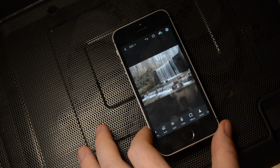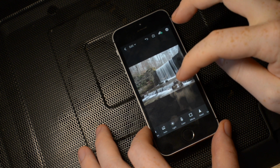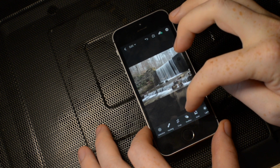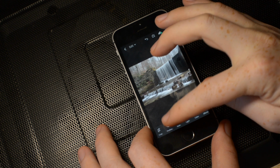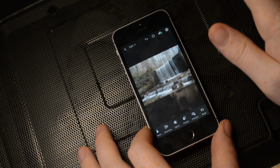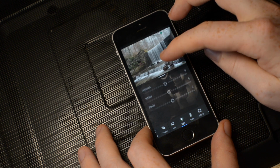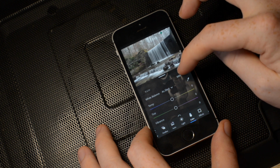So let's jump into Adobe Lightroom CC and start editing this photo. So you can see all our options here at the bottom. And these options are pretty representative of most editing apps. So you've got your light, your exposure, contrast, highlights, shadows, etc. Your colors,